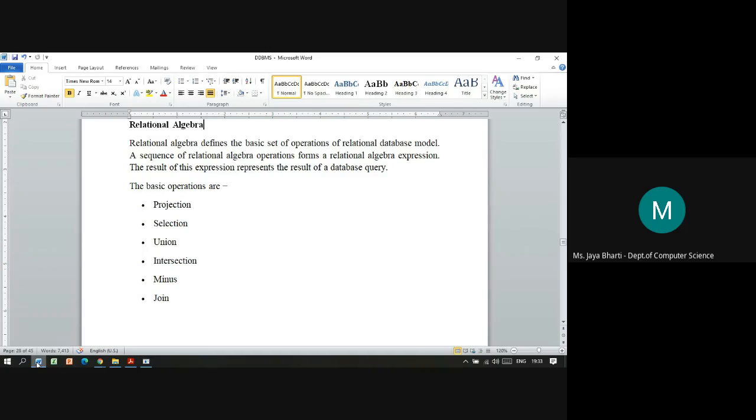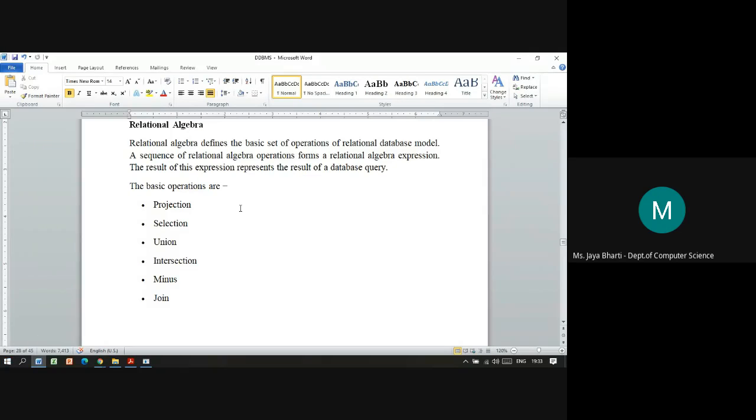Relational algebra defines the different operations which we can perform on the table or relation. Remember, in relational algebraic terms, a table is referred to as a relation, a row is referred to as a tuple, and a column is referred to as an attribute.